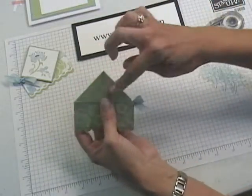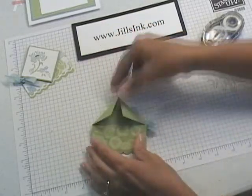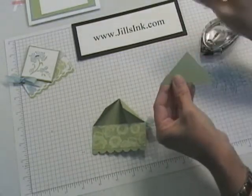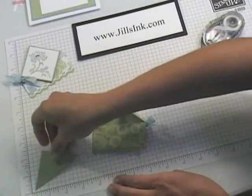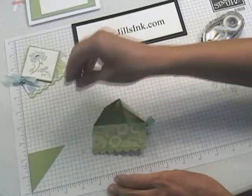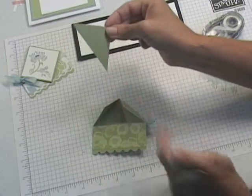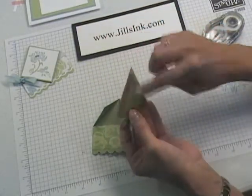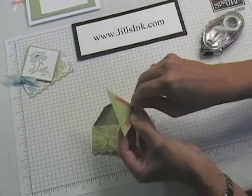So there's that. Now all we have to do is fold these corners down, and I have got a square that I basically just cut this to, let me see what it was, 2 1/4 inches. It was a 2 1/4 inch square piece of Pear Pizzazz paper, and then I just cut it diagonally from corner to corner to get this triangle. I've already attached the sticky strip adhesive. This is going to hold a lot stronger,